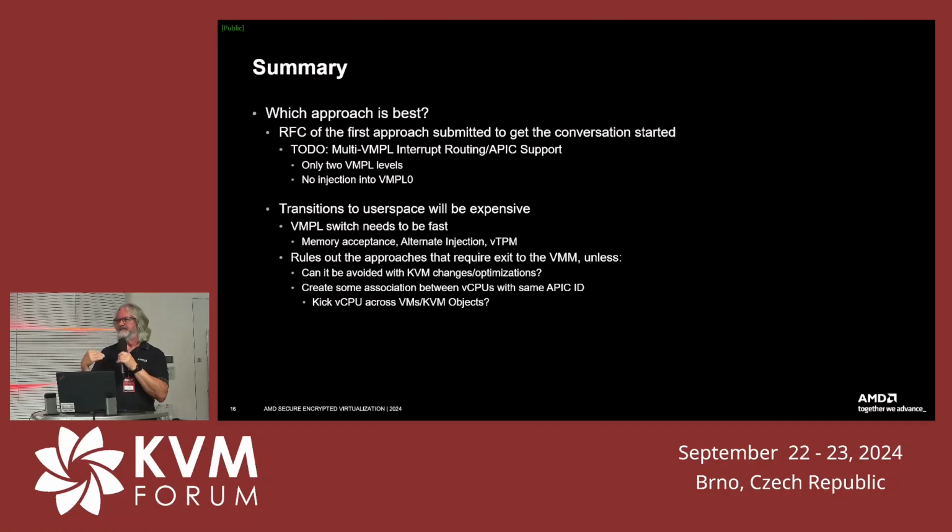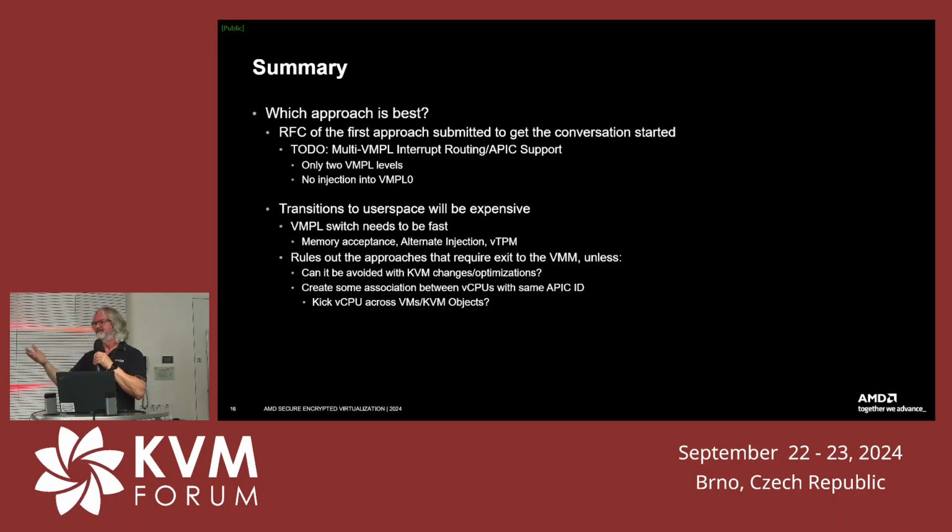The big thing, though, is we have to avoid transitions to user space in order for the VMPL switch to be fast. We need VMPL switches to do validation of memory acceptance. Melody, who is on our team, is going to talk tomorrow about alternate injection, a feature in SNP for secure interrupt delivery. You can imagine if you're dealing with interrupts that VMPL switches could happen quite a bit, so we need to do that very quickly. VTPM, depending on how many measurements are being taken. So I'd like to say that rules out approaches having to exit to the VMM